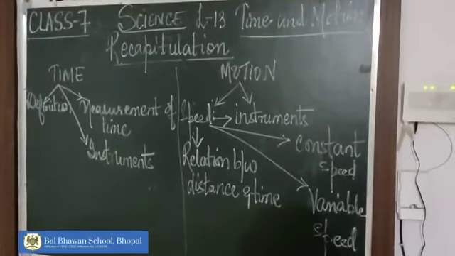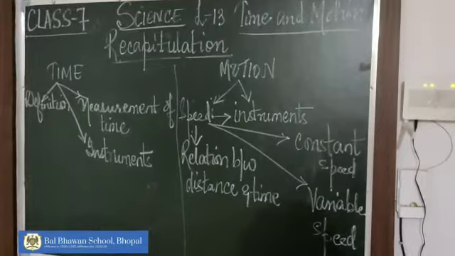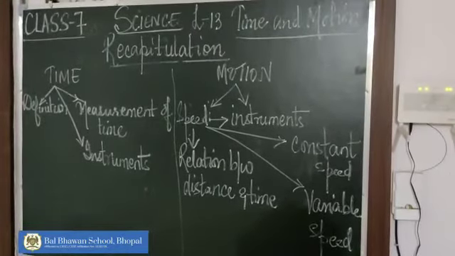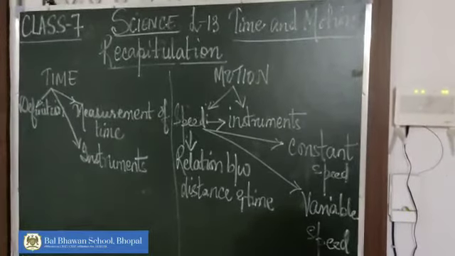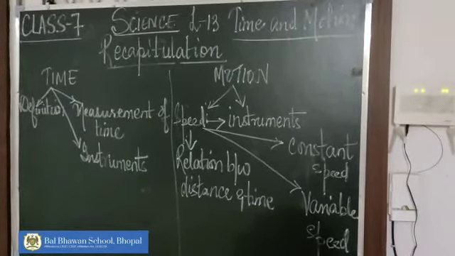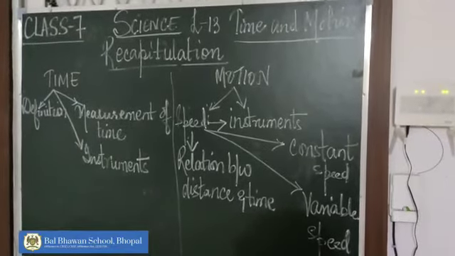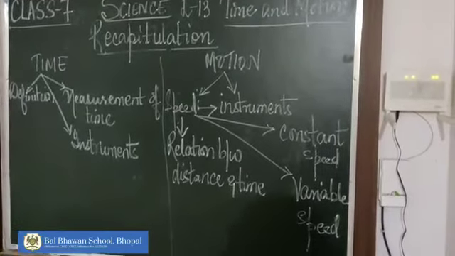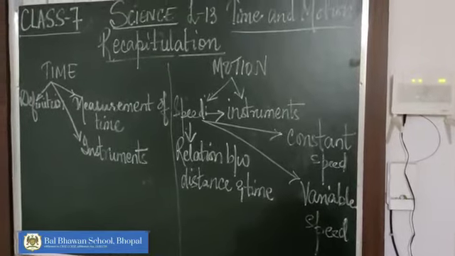We have also learned about the various instruments that are used to calculate the speed of your car. On the dashboard of your cars, you must have seen two circular rings showing the speedometer and the odometer. The speedometer helps you to know the speed at which your car is moving, and the odometer helps you to know the distance it has traveled.